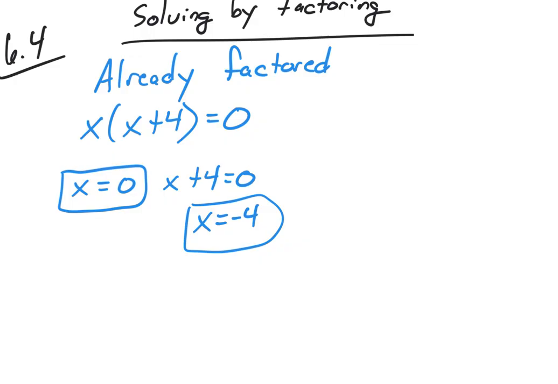The same would be true if we had one like this. This might be one that we've done by slide and divide or something like that, but we didn't necessarily have to do the slide and divide because it's already factored. And we wouldn't want to FOIL this back. I could FOIL it and get the actual polynomial that we started with, but there's no purpose in doing that because today we're solving it. We're trying to figure out what values of b make this equal 0, so we're going to set each individual factor